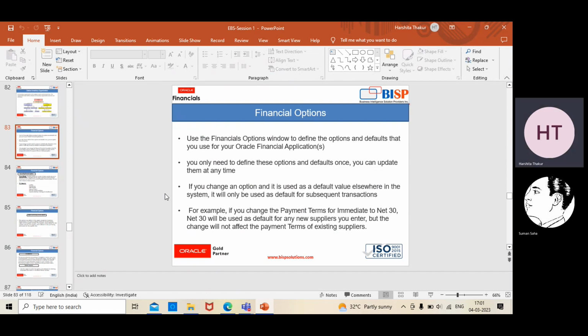So let's start with today's session. We are going to discuss some more setup in AP module in today's session. So first, let's talk about financial options in it. So we use this financial options window to define the options and defaults that you use for your Oracle financial applications. So basically financial options, and after financial options, we are going to discuss payment system setups and payable